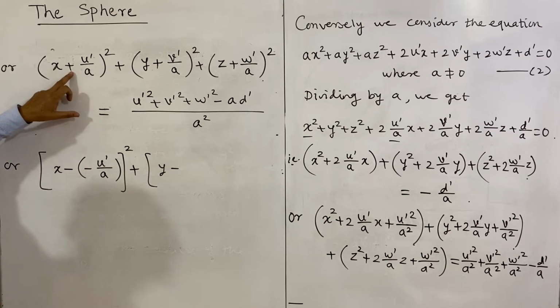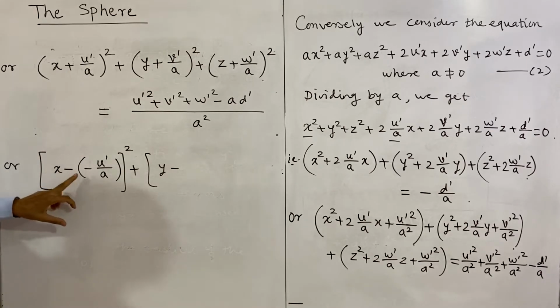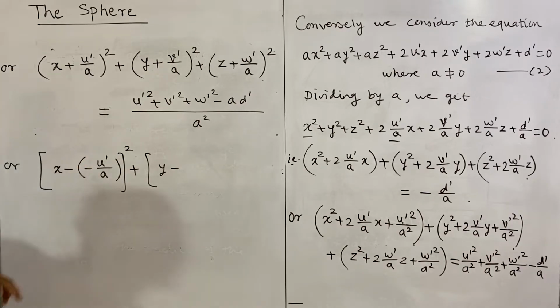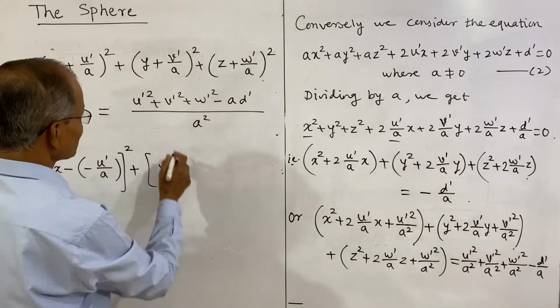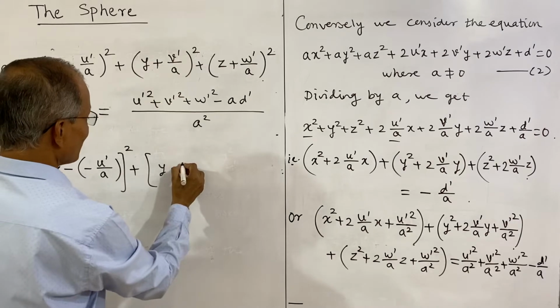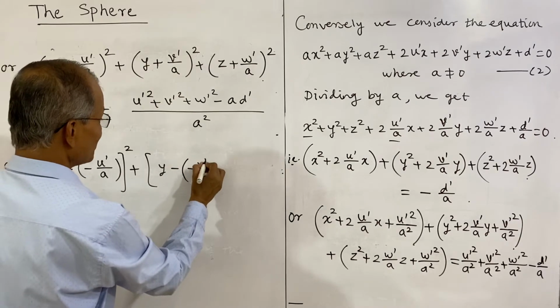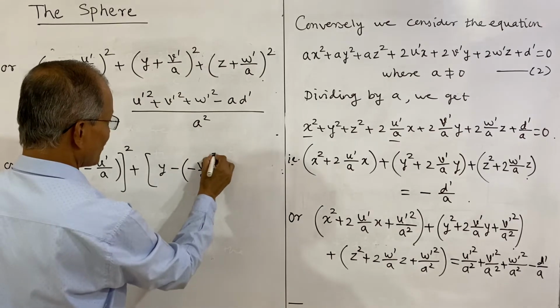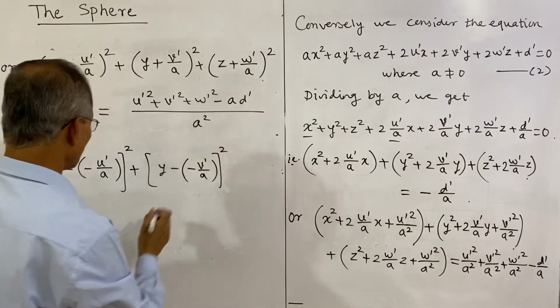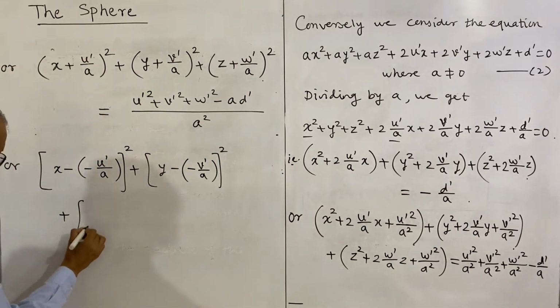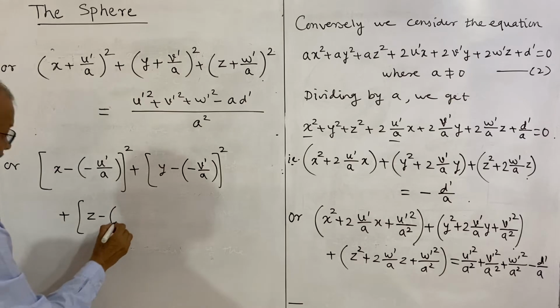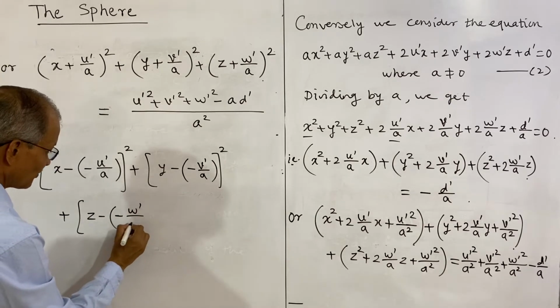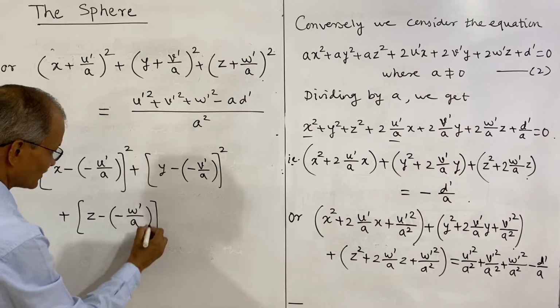So this is a plus sign, we have written minus of minus, that is the same plus, and the second bracket I shall write y minus v prime upon a whole square, and the third term I shall write plus z minus, that is minus w prime divided by a whole square,